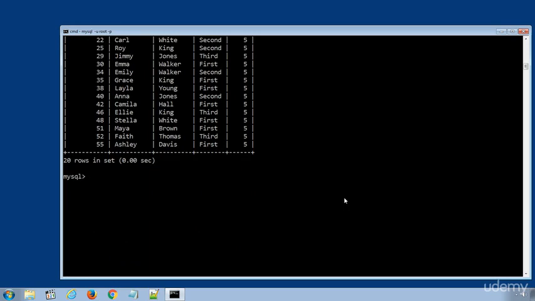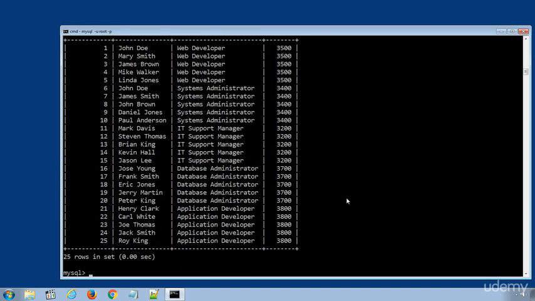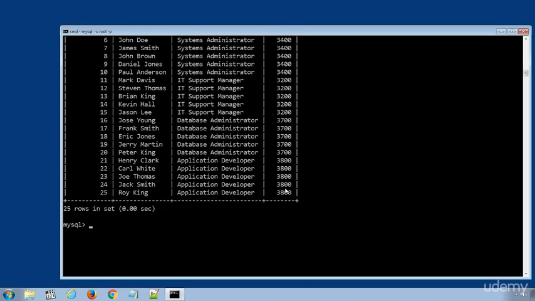I'll select the company database and run the SQL statement to display all the records from the employees table. Now I will filter the data rows and display only the employees whose salary is greater than 3500. The SQL statement will be